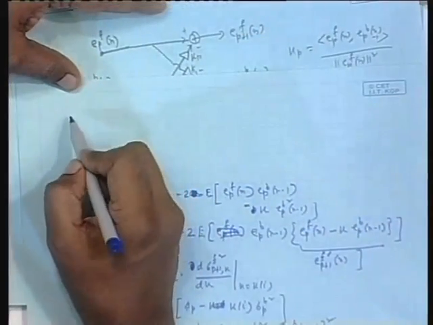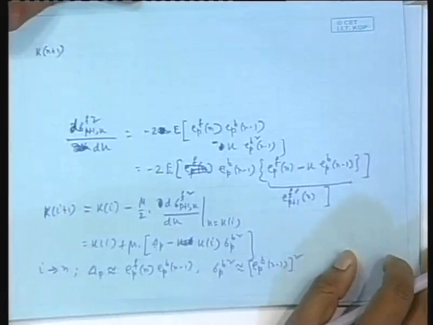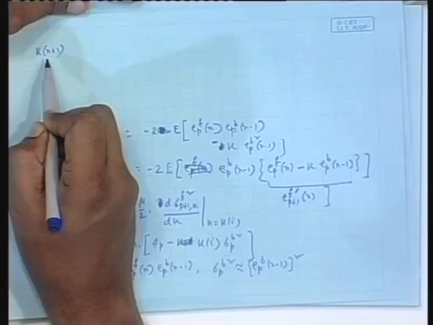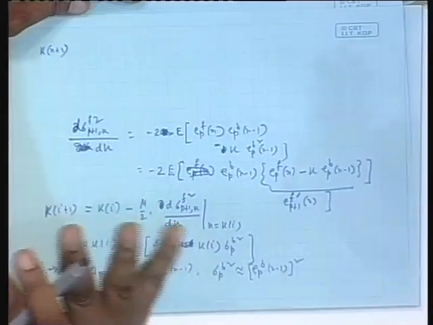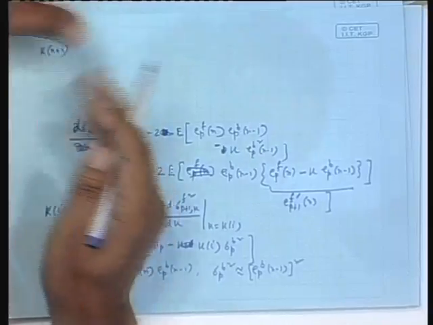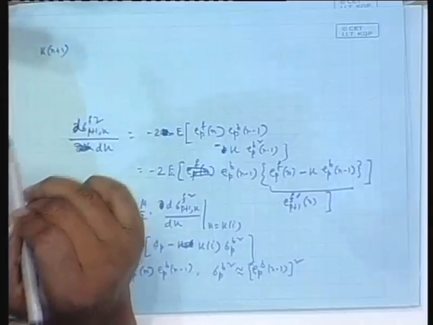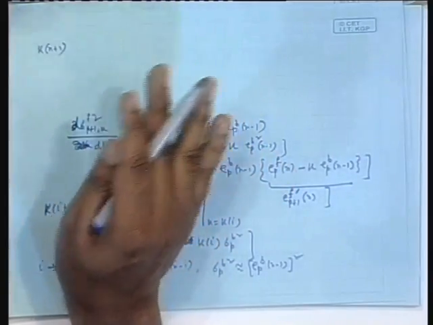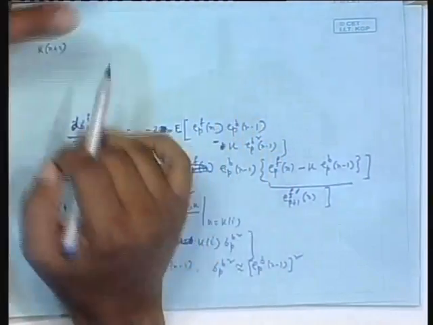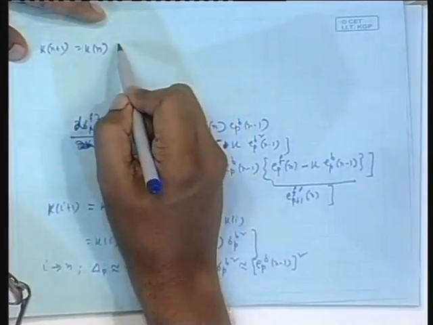What is that LMS version? That is K. Actually I should have a K subscript p because I am considering the pth stage, but to avoid complication I am not putting that subscript p also. At the end, when I give you the final expression, there will be a subscript with K, because it is only for the pth particular stage of the lattice that I am focusing on. Each stage will have its own defined constants, isn't it? So, actually this will be K p n plus 1. For the time being I have dropped that dependence on p, but when I give the final expression I will bring that subscript. So, K n plus 1 will be K n plus mu times